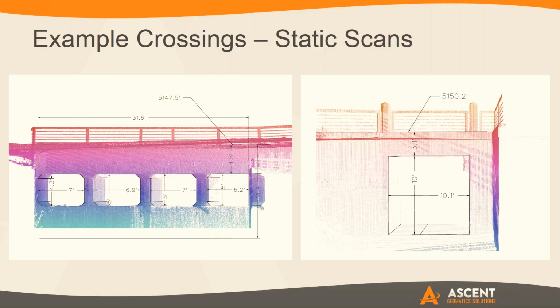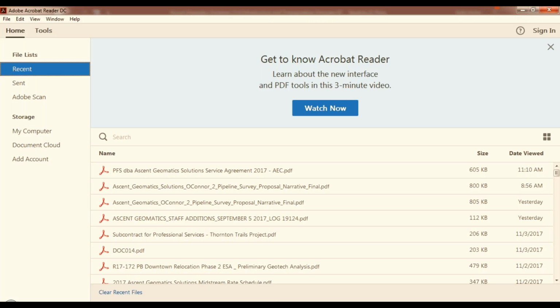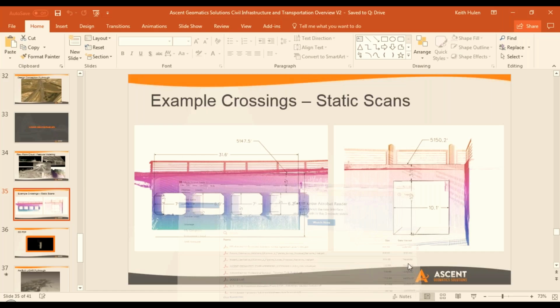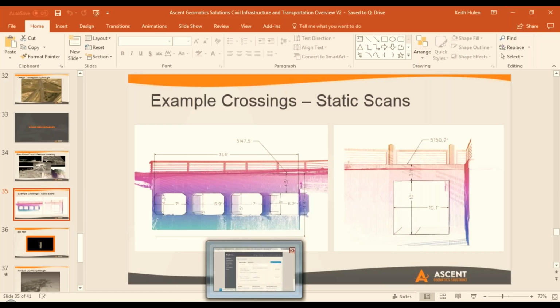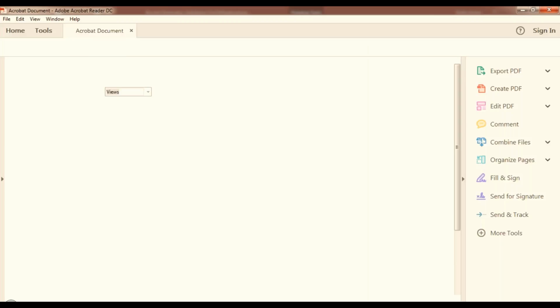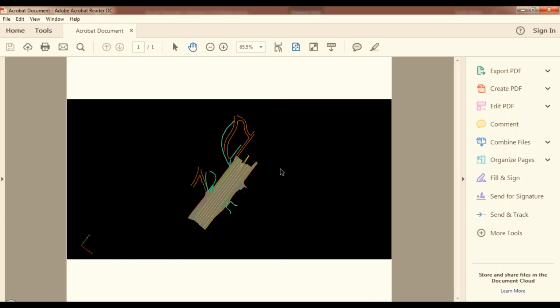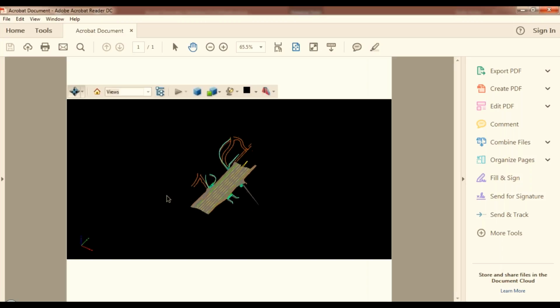And then what we'll do is just very quickly see if we can jump out here and take a look at another byproduct when you do scan some of these. Well, let's see if we have an example here. Yeah, so looking at more of the 3D type of modeling. As I go through this, maybe you could talk through just a little bit about what you're able to do with some of the different modeling here.